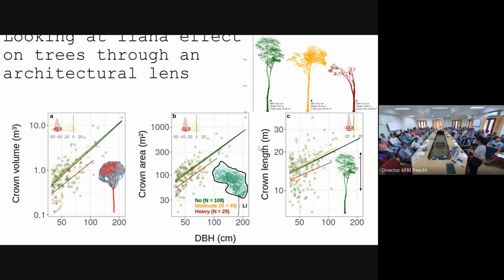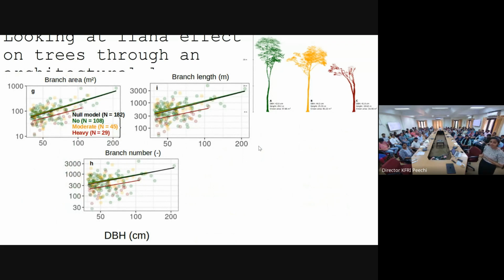But what we observed was the trees with lianas had very low crown volume. Their crown area was significantly smaller, about 30–40% smaller, and their crown length was also shorter. And not just this, we even observed details at the level of branches. Trees with lianas had a really small surface area, and they also had shorter branches, and overall branch